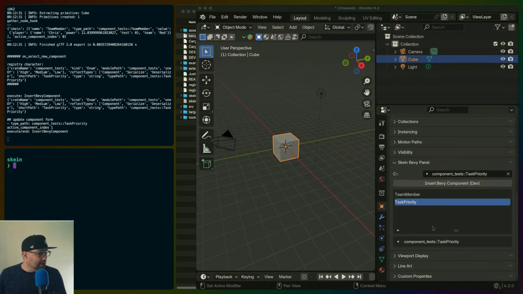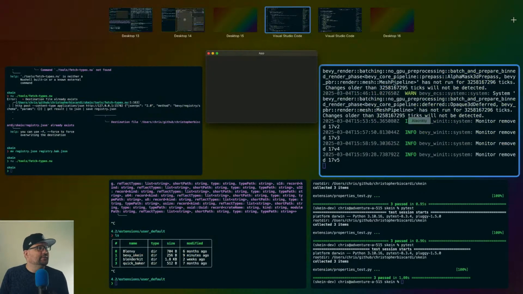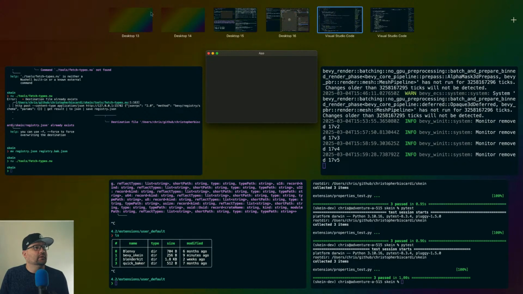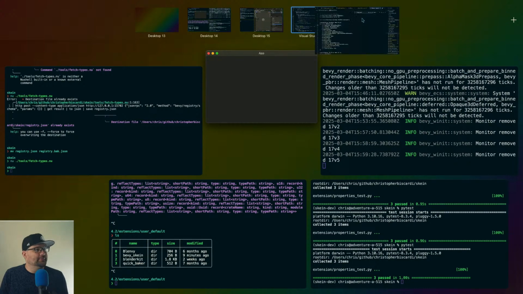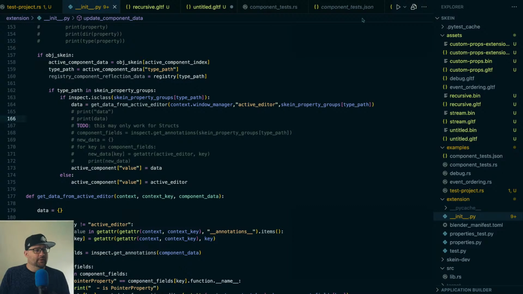So the question here is, we have additional types of components. Let's make this closer together, actually. Let's put these over here, over here, over here. Let me close that one. I always have too many desktops. So